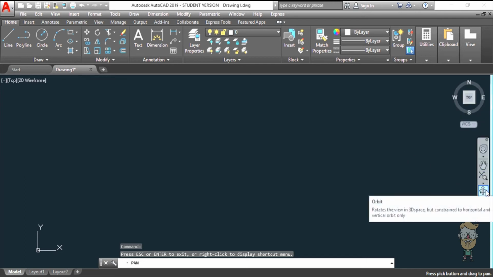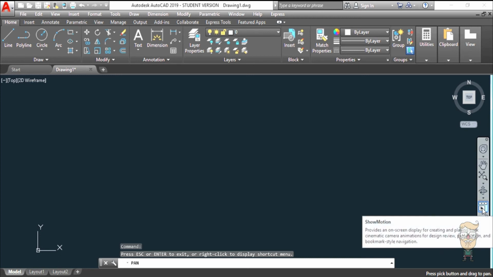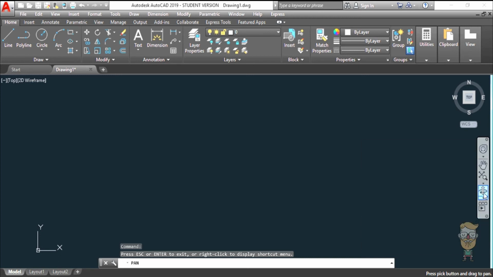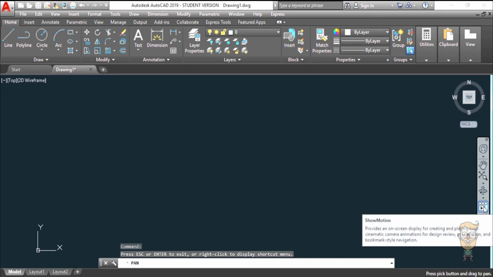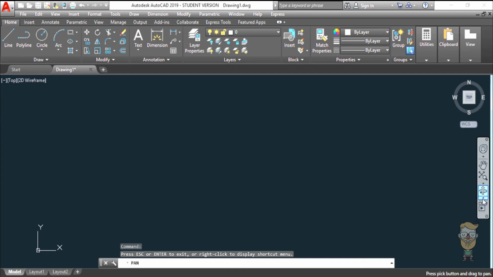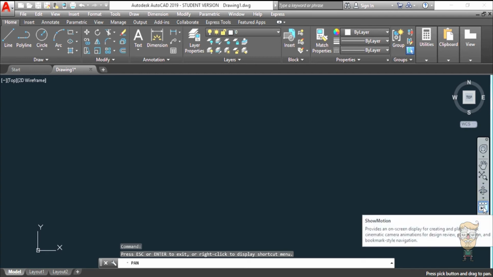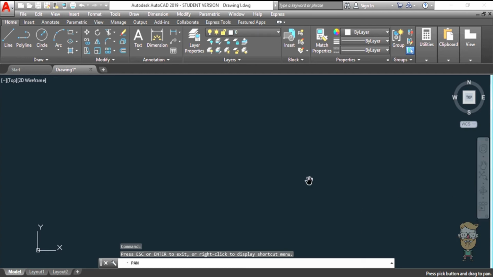Also, we have the orbit and the slow motion. And those two buttons are related with 3D and the animation thing. We're not going to explain these buttons or commands since we are dealing with 2D shapes. Okay? So, moving down to the command bar,